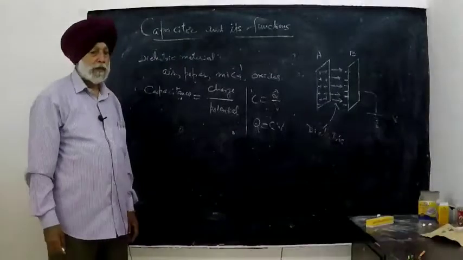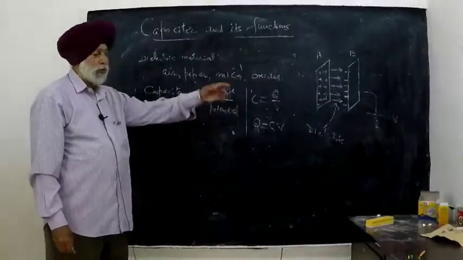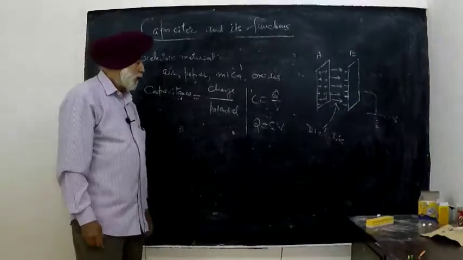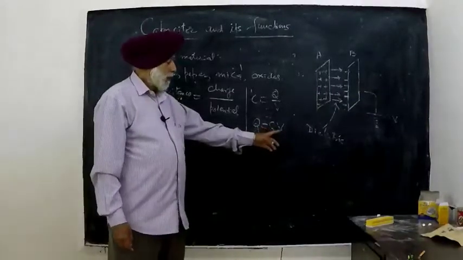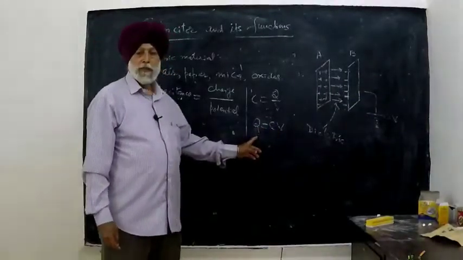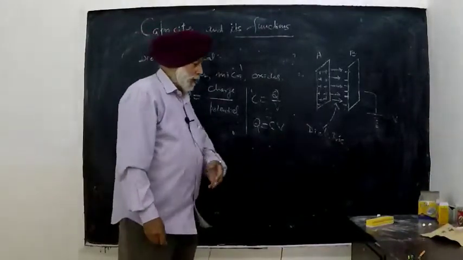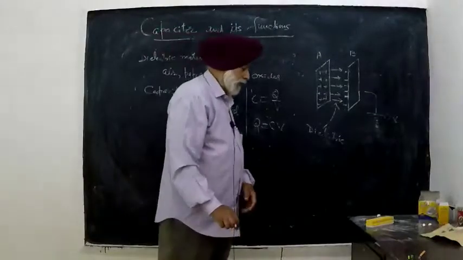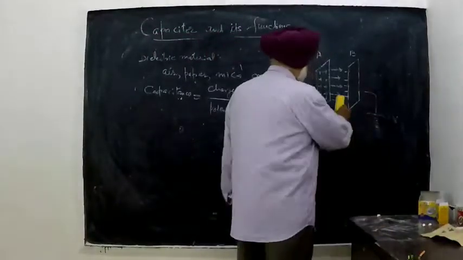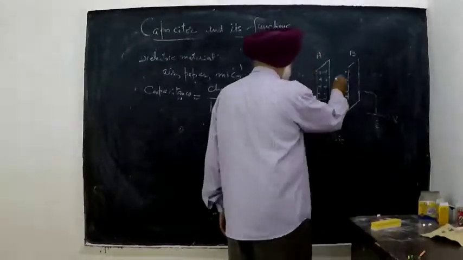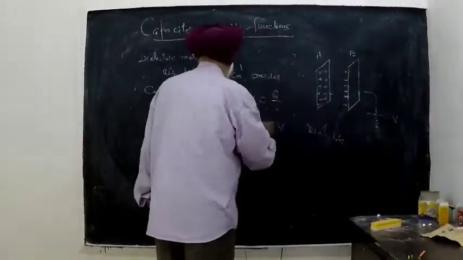Dielectric determines how much charge can be stored in that capacitor. So large the value of the capacitance and the voltage, large will be the value of the charge stored in it. Now this dielectric, the function of the dielectric is, when we place a dielectric slab between the two,